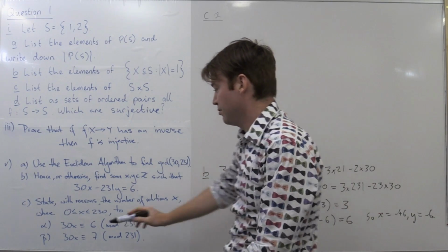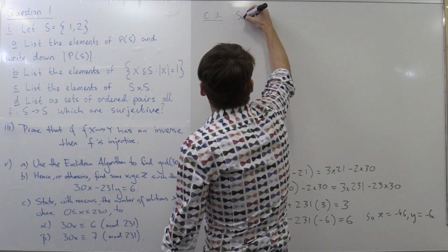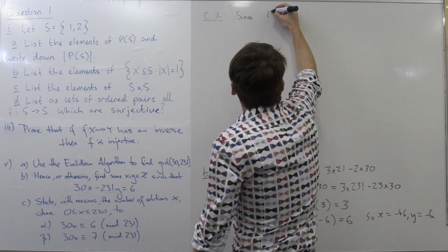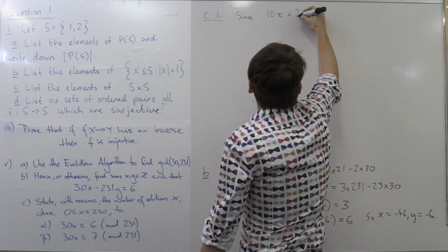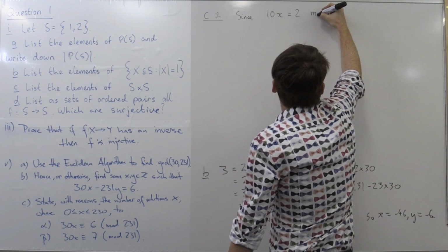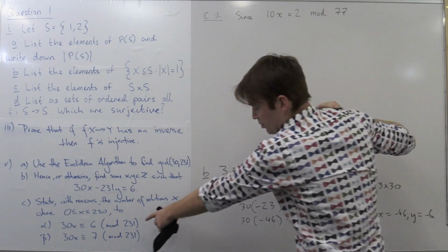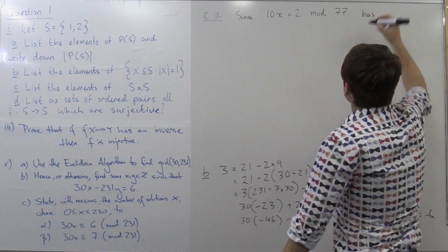So notice that 3 divides all these things. So I might say, first of all, that 10x is equal to 2 mod 77, which is just 231 divided by 3,